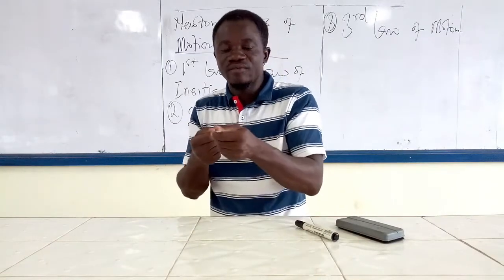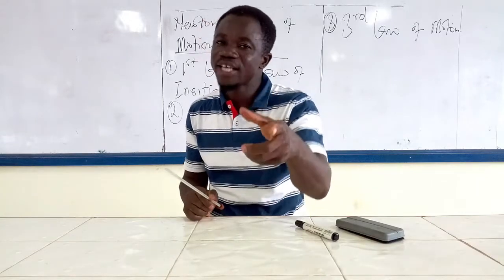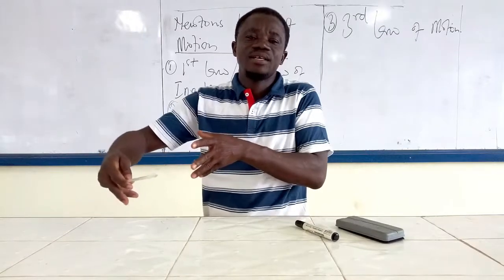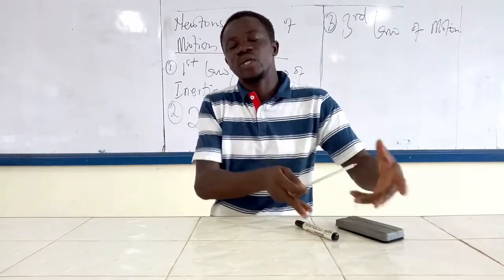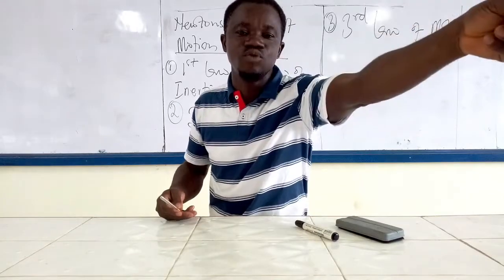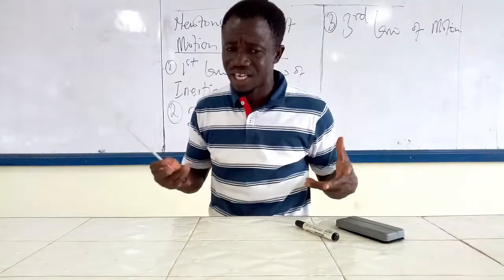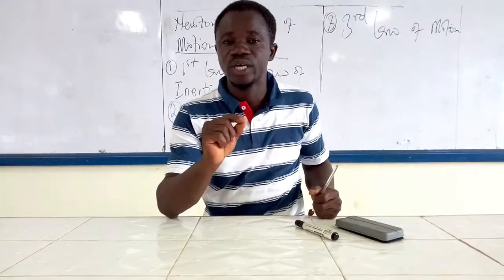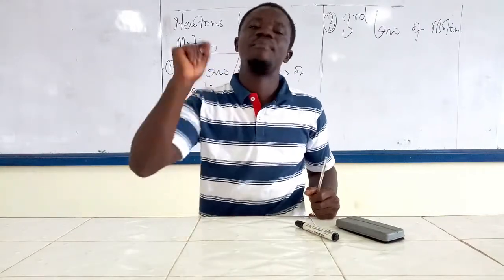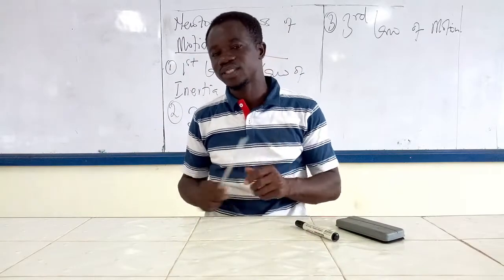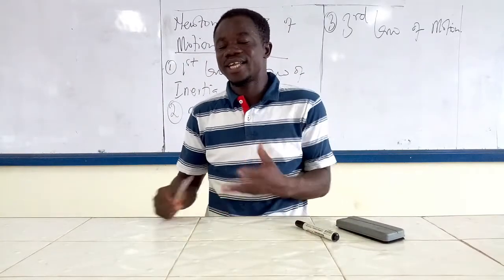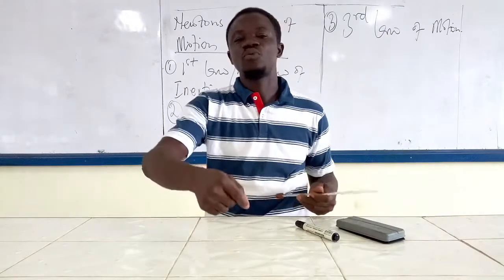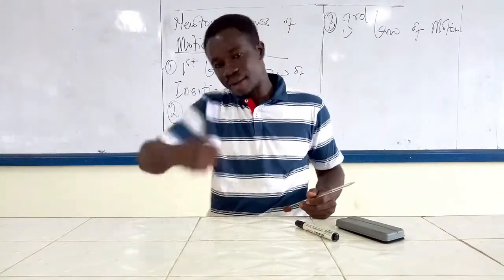So the recoiling of the gun is with a small velocity. Why small velocity? Because the gun has a large mass. So the large mass of the gun multiplied by the small velocity will be equal to the high velocity of the bullet multiplied by the small mass of the bullet. I think it makes sense, right? That is the reason why you don't have to use the velocity to explain it, but you have to use the momentum to explain it. So what is the action here? The action is the bullet moving forward with a momentum that will produce equal but opposite momentum backwards,